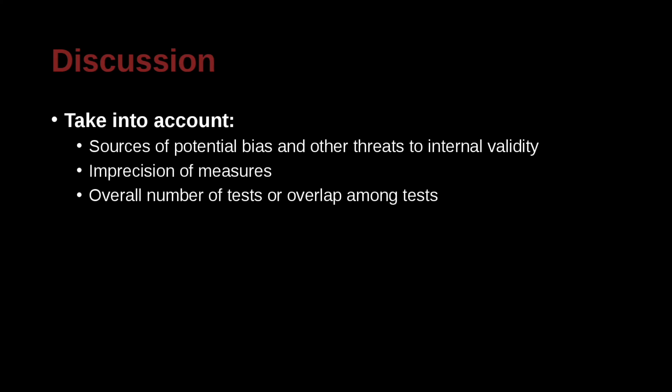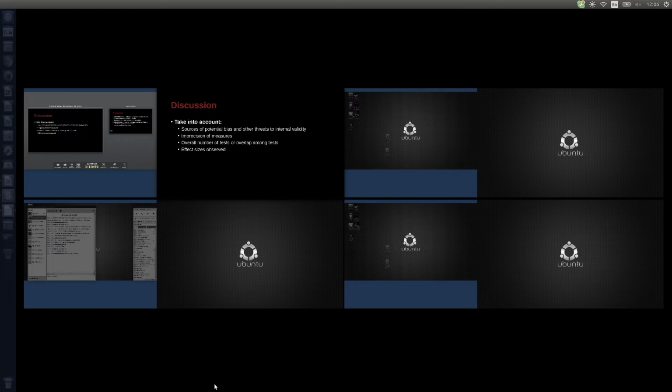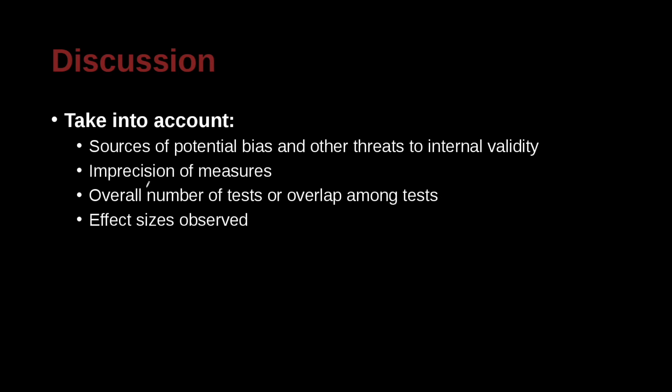You also want to remember the number of tests or overlap among tests. So if you had more than one test condition or two test conditions, you need to explain clearly here. What do they mean together or apart? How do I interpret this? Effect size is an important idea that we often talk about, but not a lot of people really follow up on because it's a little bit troublesome. But effect size is a statistic that can measure, this may be statistically significantly different, but exactly how different. And that's called effect size. When you have time, you can look that up. But effect size is very important to include in your discussion.